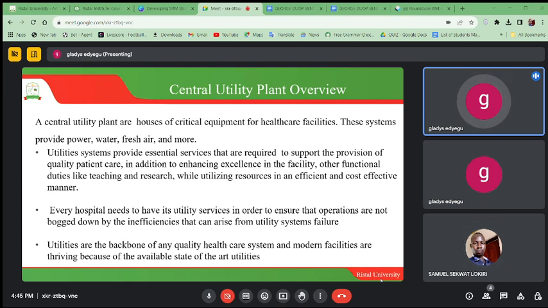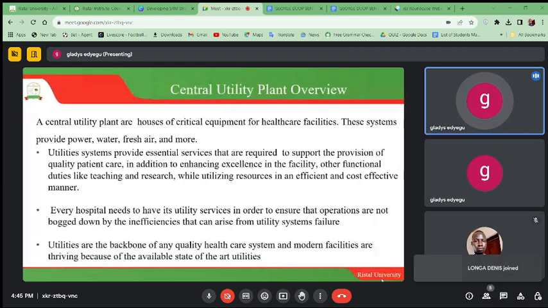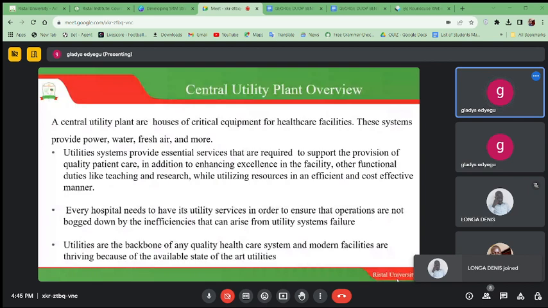In the previous session. So utilities are just systems that provide additional quality patient care, and in addition to enhancing excellence in the facility, other functional duties like teaching and research, while utilizing these resources in an efficient and cost-effective manner. So it's very important for us to have a central utility plant in all our facilities in order to provide efficient health services. So this central utility plant is basically looking at